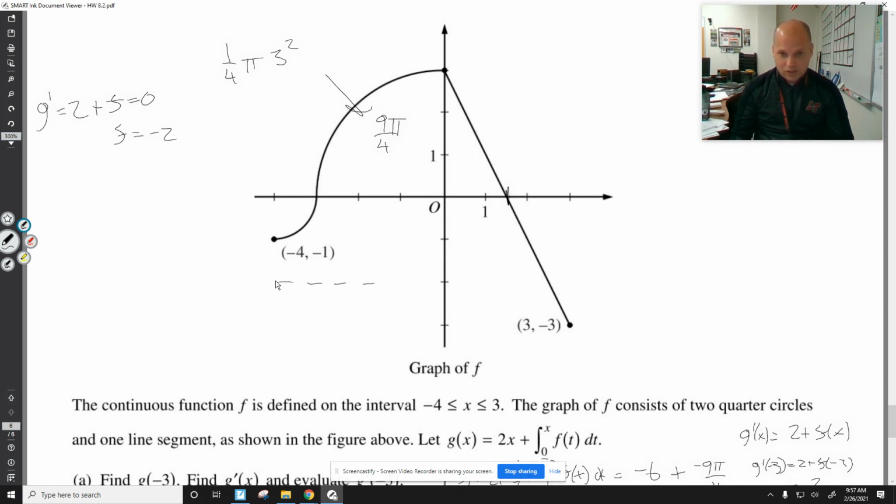We need to look at this line. That's when G prime can change signs. Actually, the area above this is going to tell us how much we're increasing and how much we're decreasing. You don't have to worry about that. You just find the area by doing this, but that's if we move everything up. Anyways,